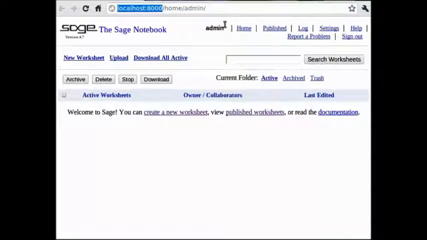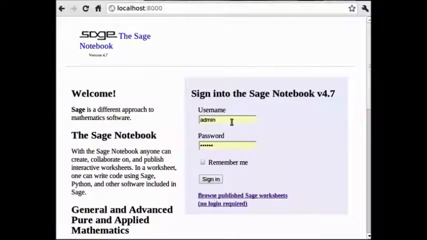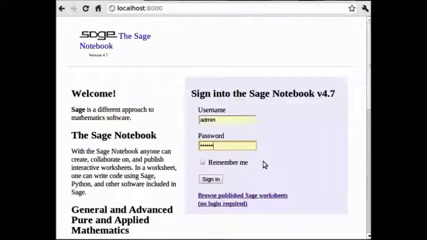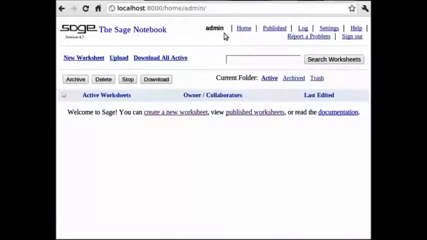If you are not logged in yet, it shows the notebook homepage and text boxes to type the username and password. You can use the username admin and the password you gave while starting the notebook server for the first time. There are also links to recover a forgotten password and create new accounts. Once we are logged in with the admin account, we can see the notebook admin page. A notebook can contain a collection of Sage Notebook worksheets, and a worksheet is basically a working area. This is where we enter all the Sage commands on the notebook.